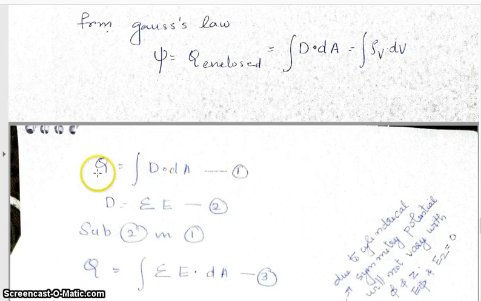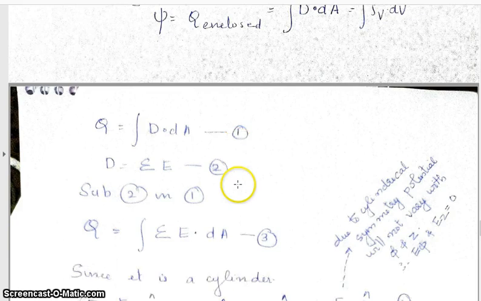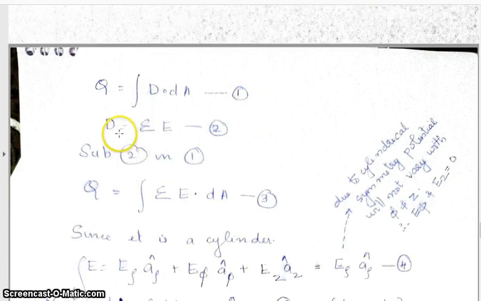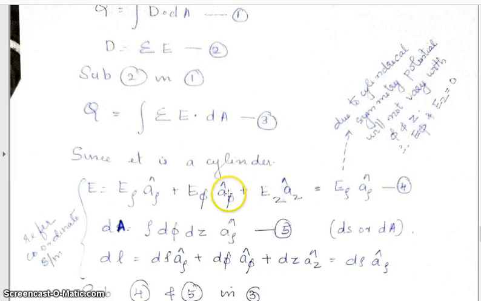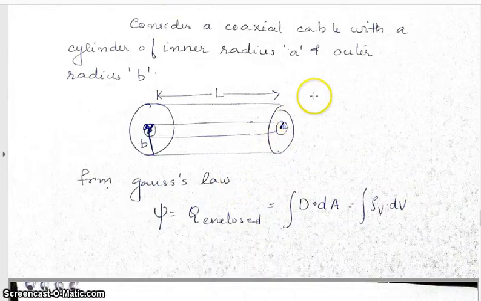So I am separating the expression, that is equation 1: Q is equal to integral D dot dA. Then we have D is equal to epsilon E, that I am substituting in equation 1. So Q is equal to integral epsilon E dot dA. Now this is having a cylindrical